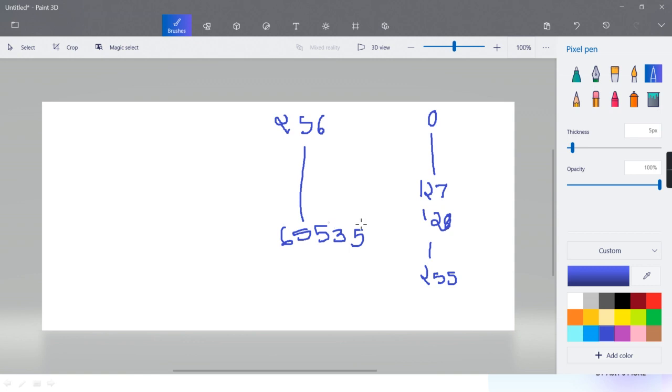Okay, which is approximately 64K, and 1K means 1024. So 1024 into 64 if you do, you'll get this number. Now 64K means about 64,000 characters, and they will fit all the characters from the globe. Getting? So till 255 it was your normal ASCII, and from there onwards all the other characters of the globe will come, meaning the Chinese characters, the Arabic characters, the Hebrew characters, all characters of the globe are involved in this.